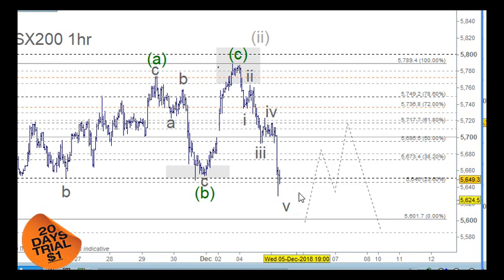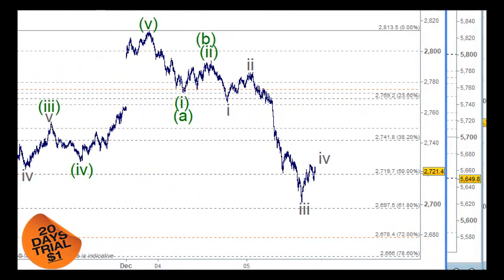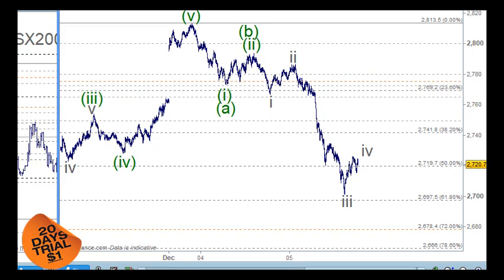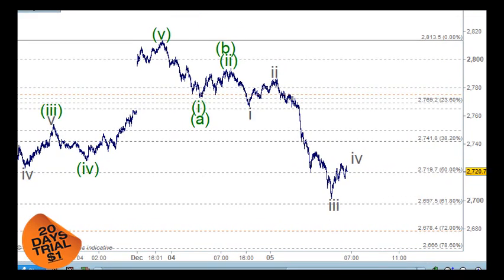We know that the S&P is pulling the market around, the bigger markets. So when we look at the US market, I'm just going to bring this across here. This is the S&P 500. And this is a tick chart, but it's not on the 100 ticks that I normally look at. This is on 20 ticks here. So this is the current move down from the top. We were looking for the S&P 500 to come to 2800 here, so that's in play.